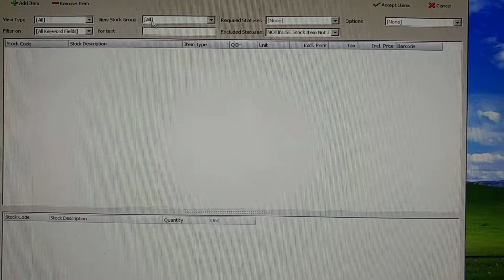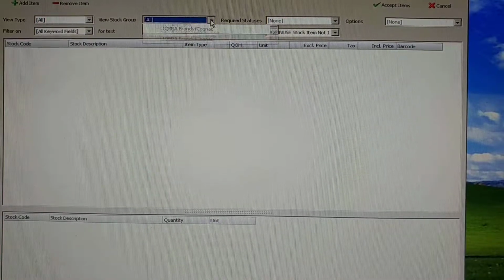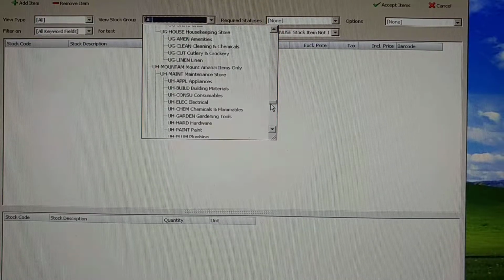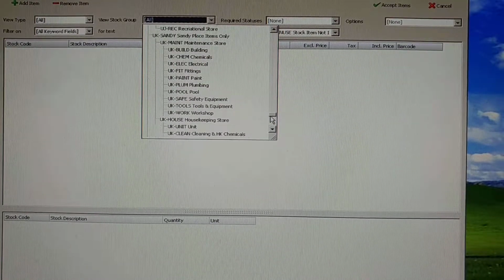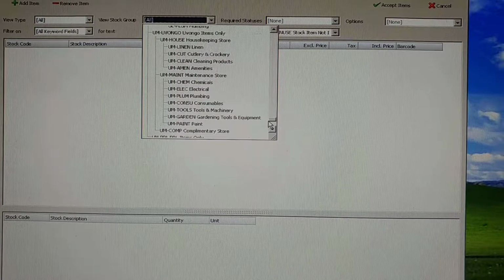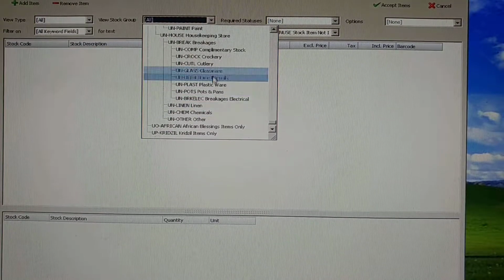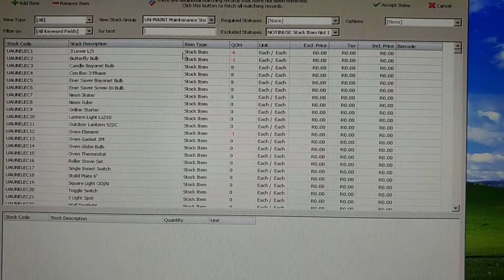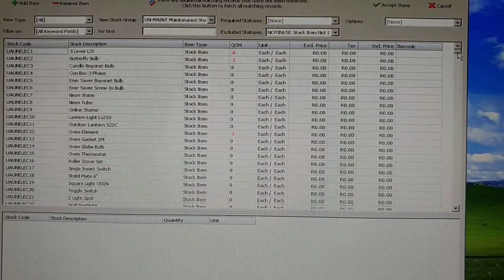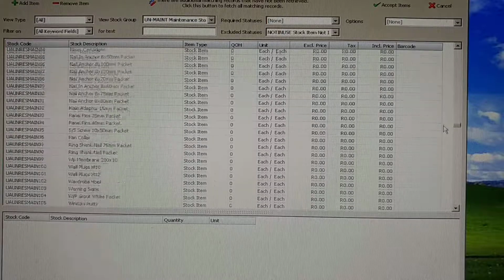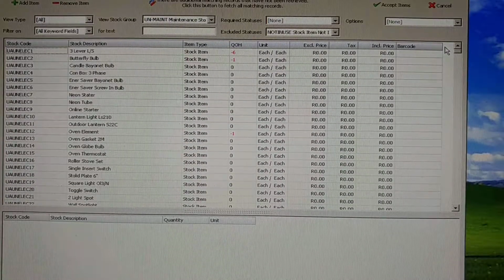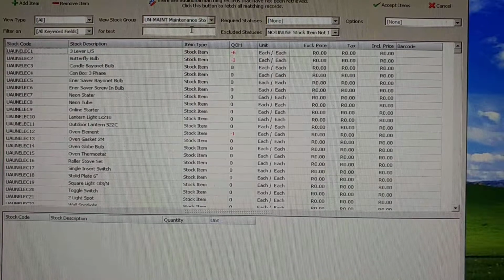Here we are going to select our stock group, and click on there, and go all the way down to your specific resort, and we click on the maintenance store. Now what this does is it brings up a list of all the stock that you have listed in that specific storeroom. We are going to issue out,